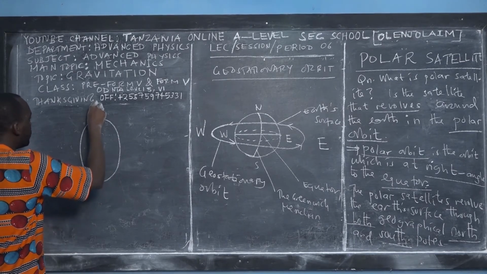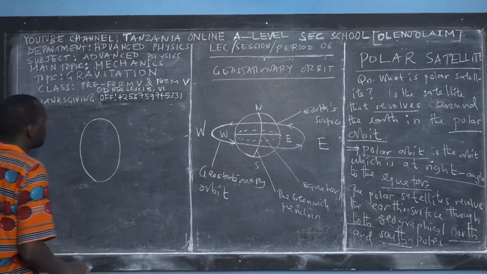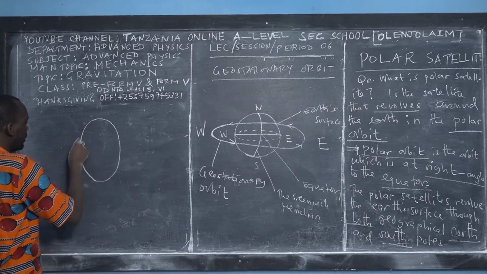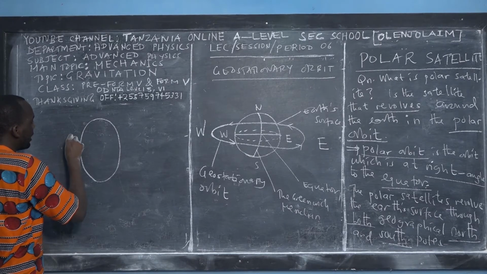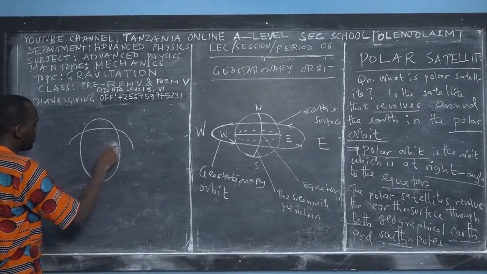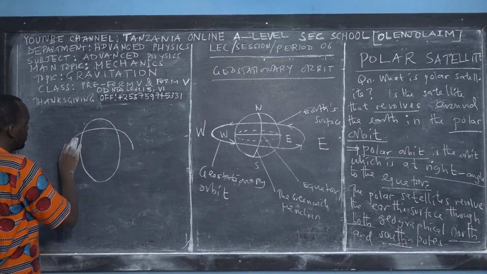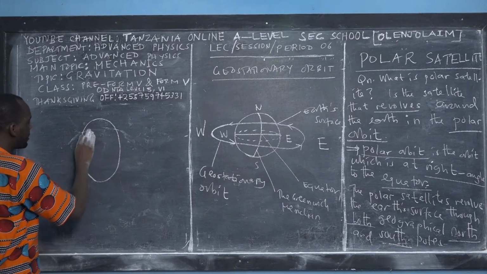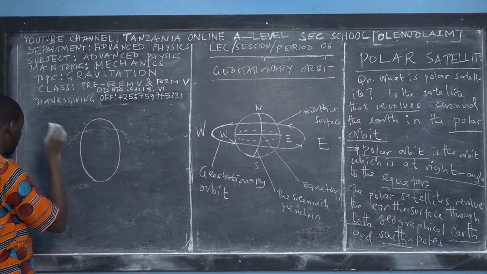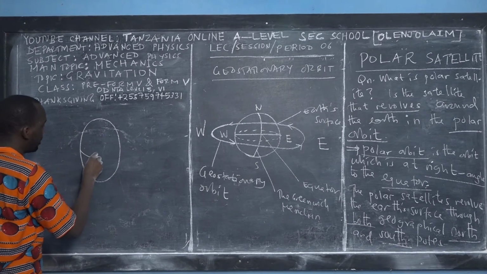Here we have the North Pole, or suppose that this is the polar orbit, and then we have the Earth's surface. Have the Earth like an